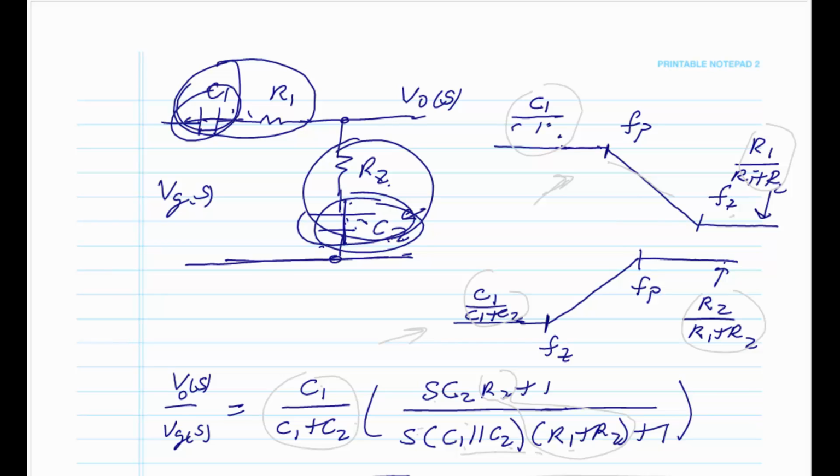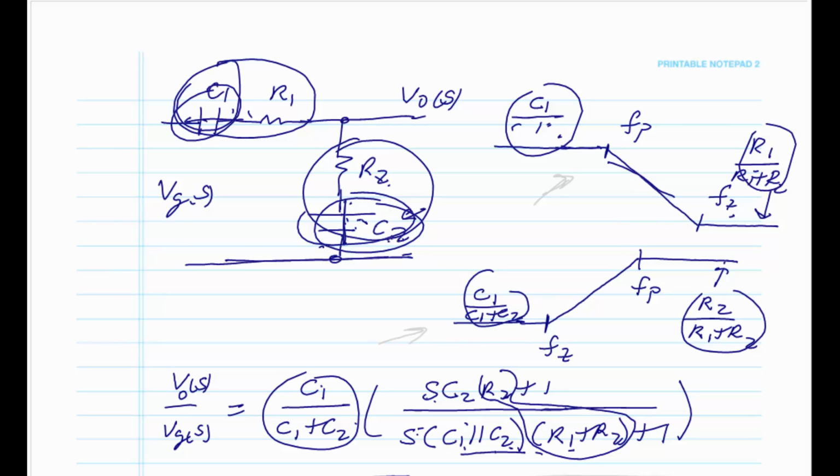And you could see they'll work out pretty good because at low frequency, when S is 0, you have just this ratio. And then depending upon these values, you're going to have the pole coming first, then the zero. At high frequency, you could see that the C's are all going to go out, the S's are out, and all you're going to have is R2 over R1 plus R2, which is at these values right here. Okay? So that's the last one I want to play with, because a lot of times we're going to really look at mainly